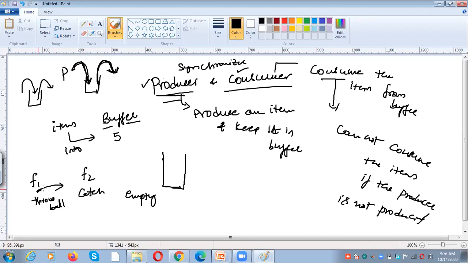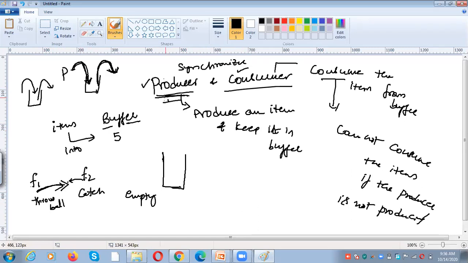So whenever the friend throws a ball, the other person can catch the ball, right? So if the friend is not throwing anything, how can the second person catch anything? There should be some synchronization between these two fellows, right? Likewise here also, the producer has to produce an item, then the consumer has to consume the item.